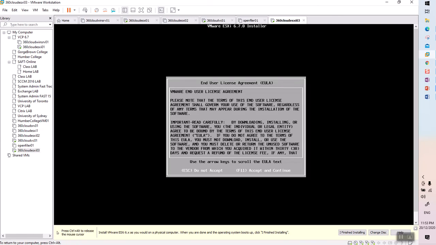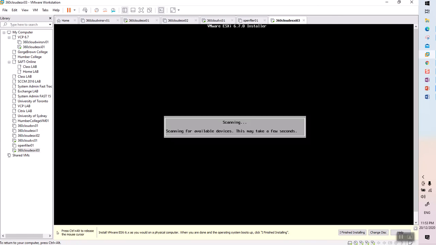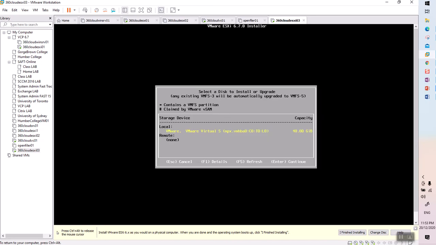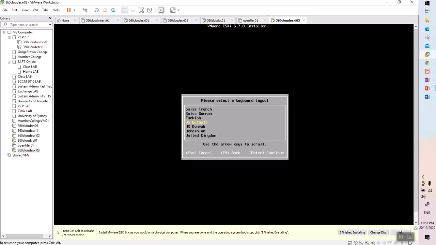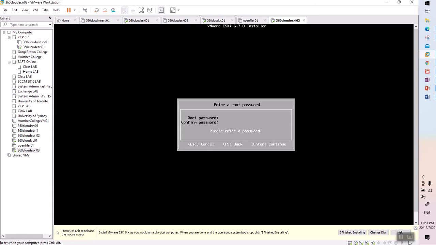Okay, so I'm going to click enter, and then here F11. I'm just following the prompt here. In order to complete the ESXi installation, here I need to press enter again and enter, and here I am